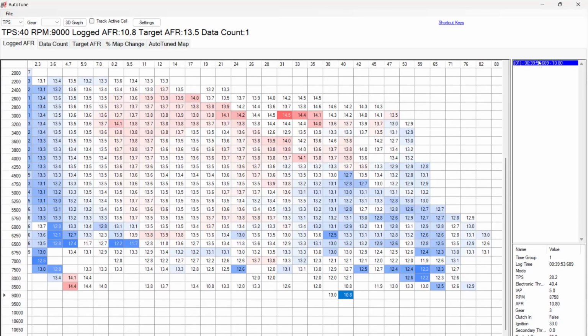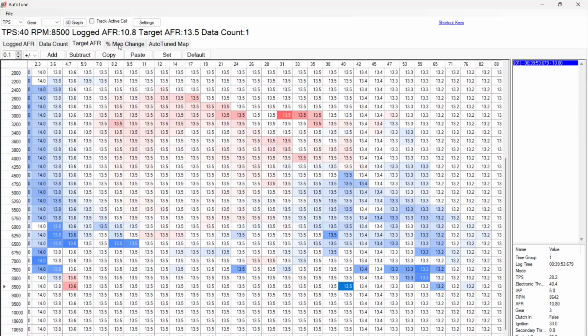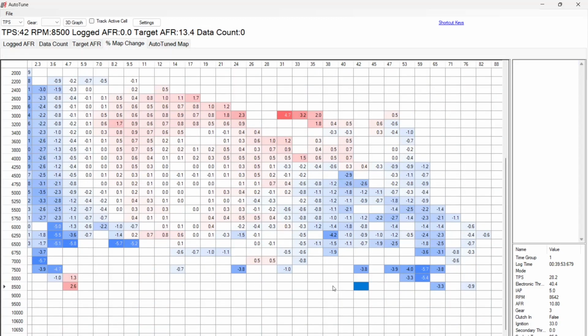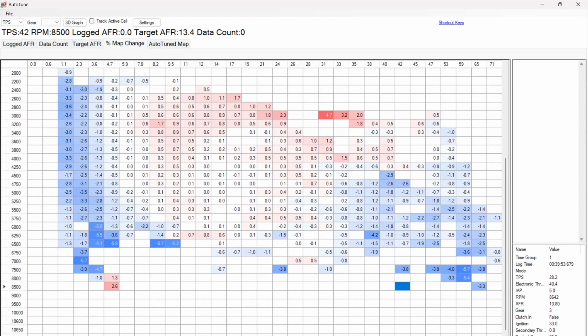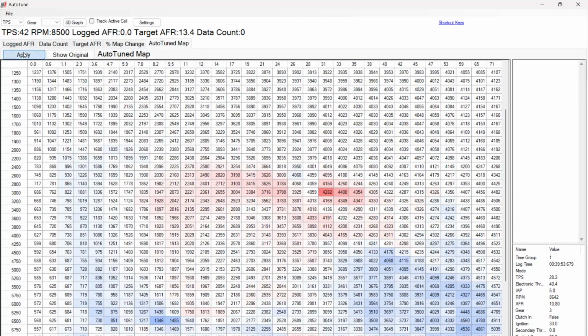Yeah, see, it's excluded that, and that one. It's only got those two 10.8 records. So it's a bit of a worry, but we'll have a look at what it wants to change. Yeah, it doesn't want to change that. Hopefully, or maybe we need to do some smoothing around that. So I'll go and apply this as is. Don't talk about it, just do it. So apply this as is,